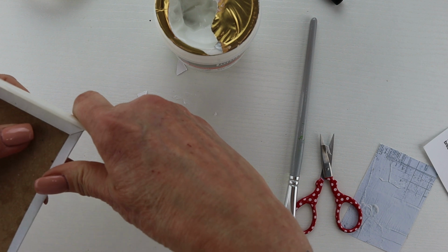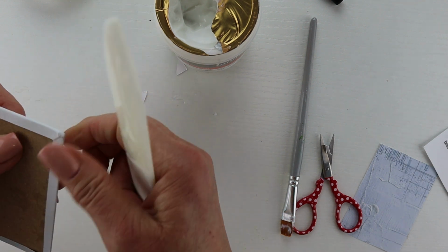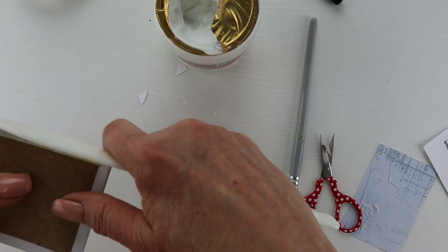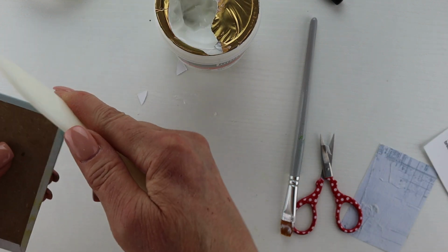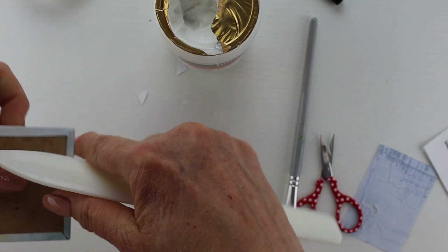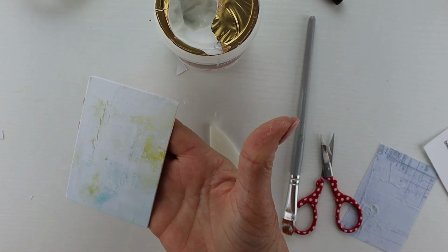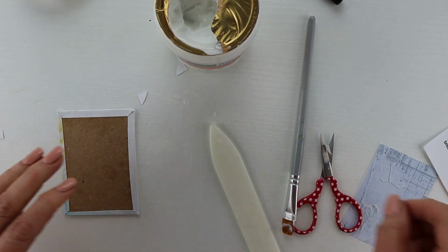And then I'm going to kind of round these corners a little because they're sharp. I don't know if you can see that. Like that is actually sharp. So we're just going to bend those and soften those corners. All right, so there's our front now. Isn't that pretty? And it looks super crisp and well finished. So now